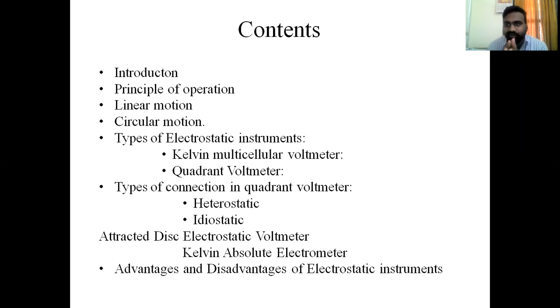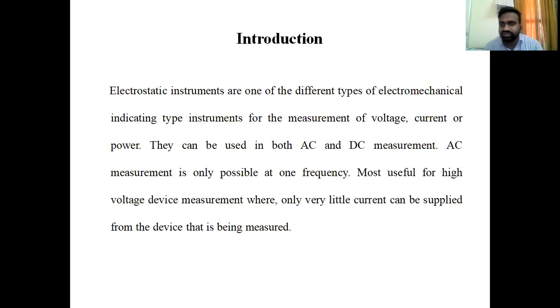First, make yourself clear about the difference between PMMC instrument, MI instrument and electrostatic voltmeter. In the PMMC instrument and in the MI instrument we create the deflection with the help of magnetic effect. Here in electrostatic instruments, we are not discussing that magnetic effect. In order to create the deflection torque, we are using a static electric field. That means attraction force and repulsion force are created with the help of a static electric field. This is the general introduction we saw in our previous class.